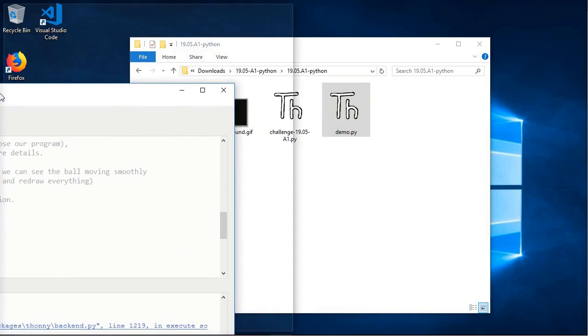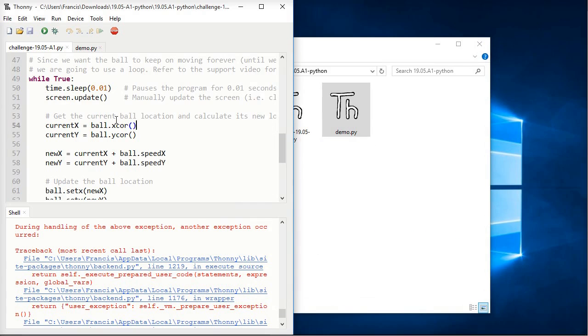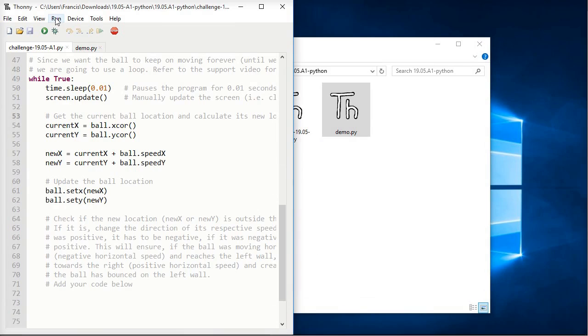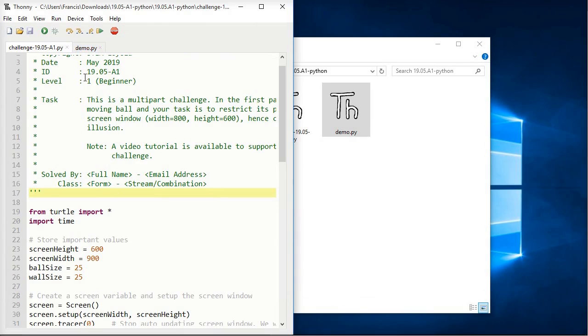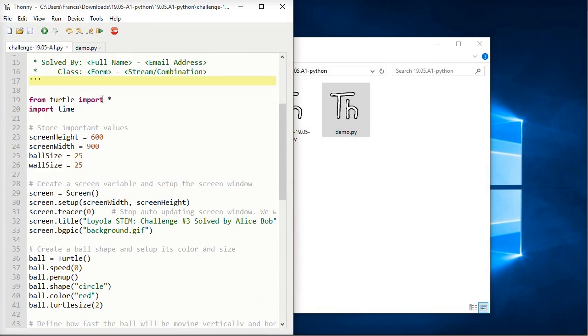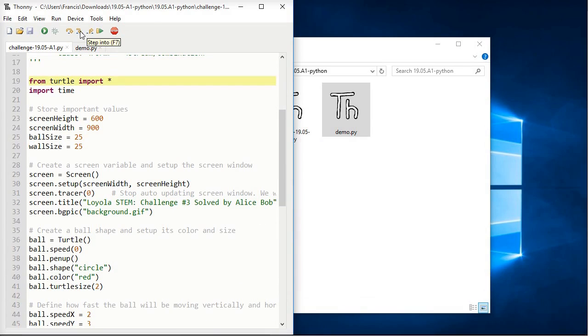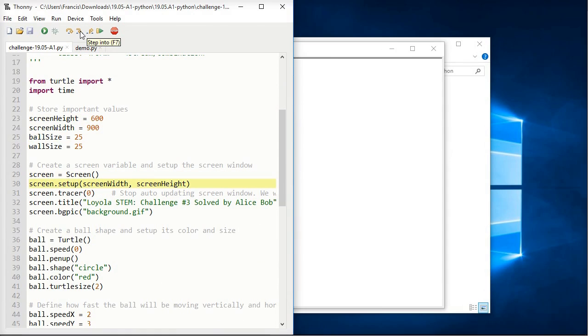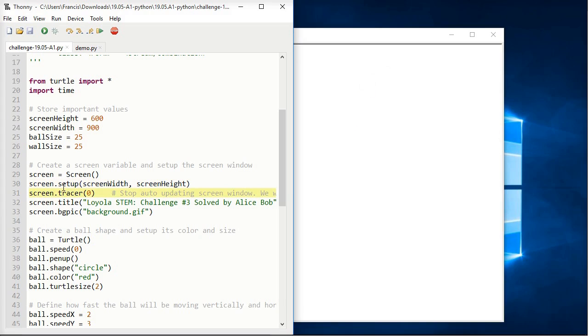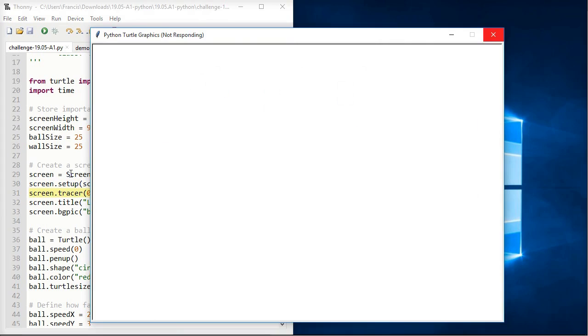So let me put this here and run it so that you can see exactly what is going on. So one line at a time like that is going. You can see after you define the window will be there. You set up the width and the height. It's going to have the respective width and the height,